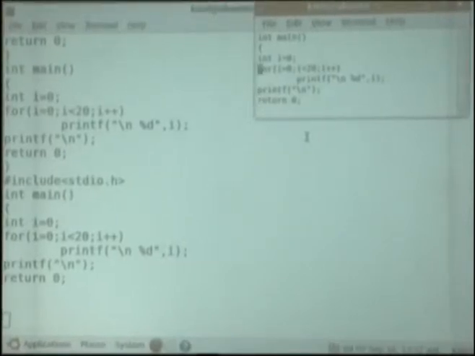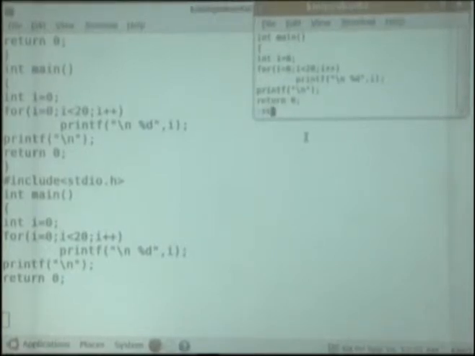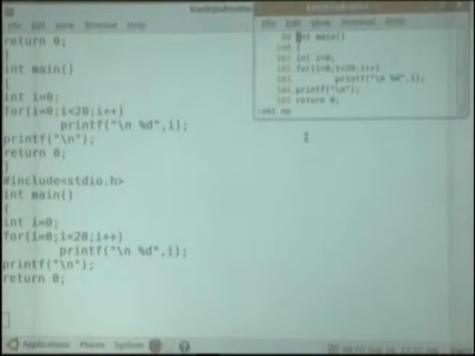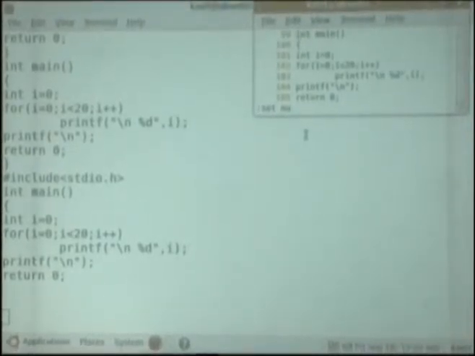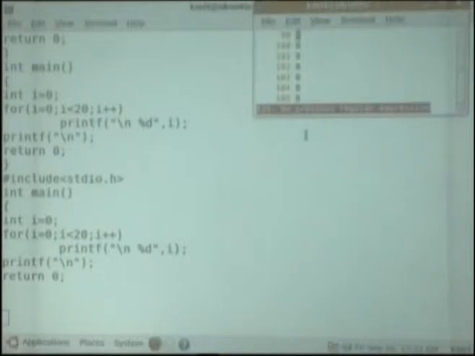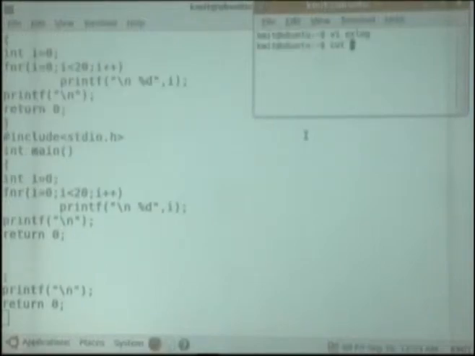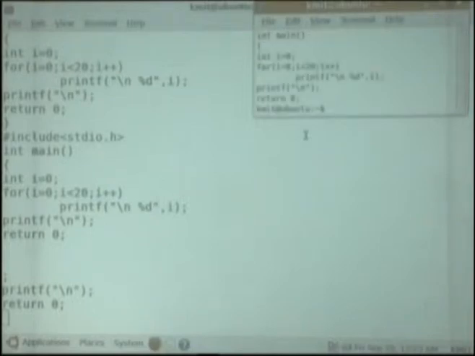Now I'll make set nu, or I'll go to the last line. So in total there are 127 lines, right?